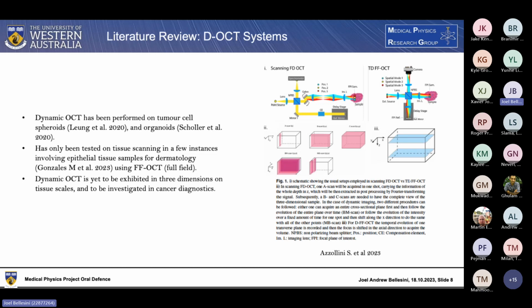Also, full field OCT is a somewhat limited OCT system, where 2D OCT images are taken with a camera in the en face plane. What that means is we are void of the complex information that I mentioned earlier that we get in Fourier domain OCT or spectral domain OCT. So in our system, we're going to be looking at a new subject and using a new system, potentially with a greater density of information. So that's where our novelty comes in. It's also yet to be exhibited in 3 dimensions on tissue scales, which is something that we're definitely going to